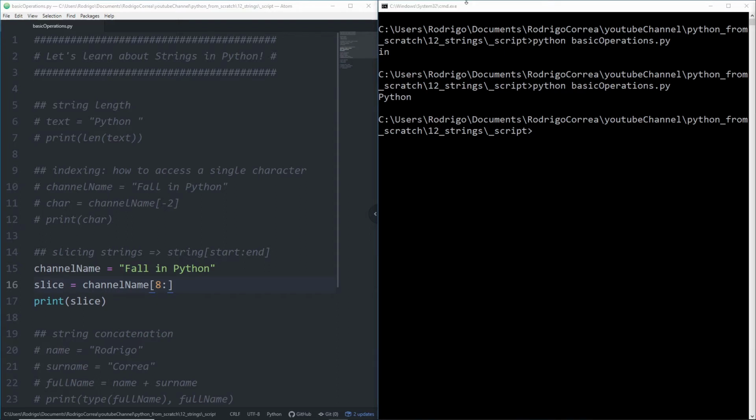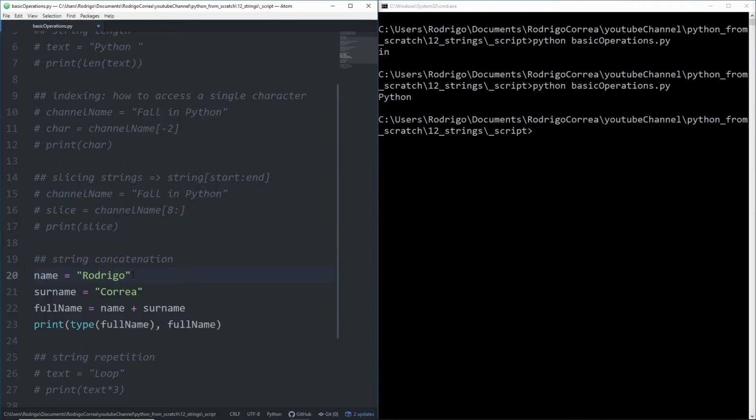Our next operation is string concatenation. We often do string concatenation for printing and writing to a file. Let's check that example. I'll just uncomment it. We have Rodrigo as a string and we assign that to name. And surname is assigned to Correa. If I now want to concatenate name and surname, we just use the plus sign. If I run that code,